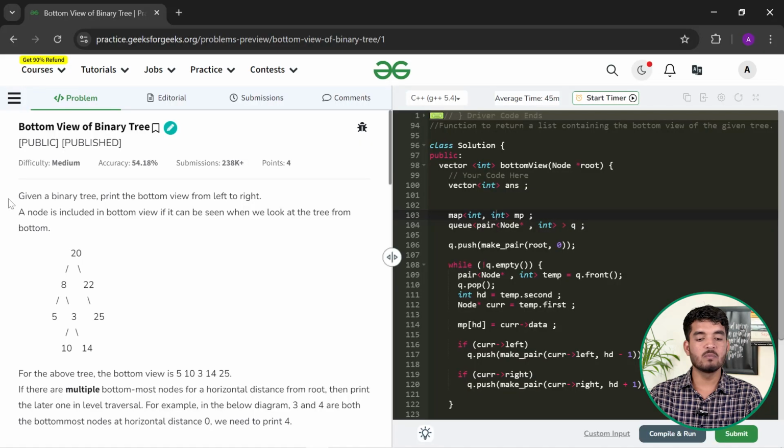Hello everyone, welcome back. In this video, we will discuss the problem bottom view of a binary tree. In this problem, given a binary tree, we have to print the bottom view from left to right, and a node is included in a bottom view if it can be seen when we look at the tree